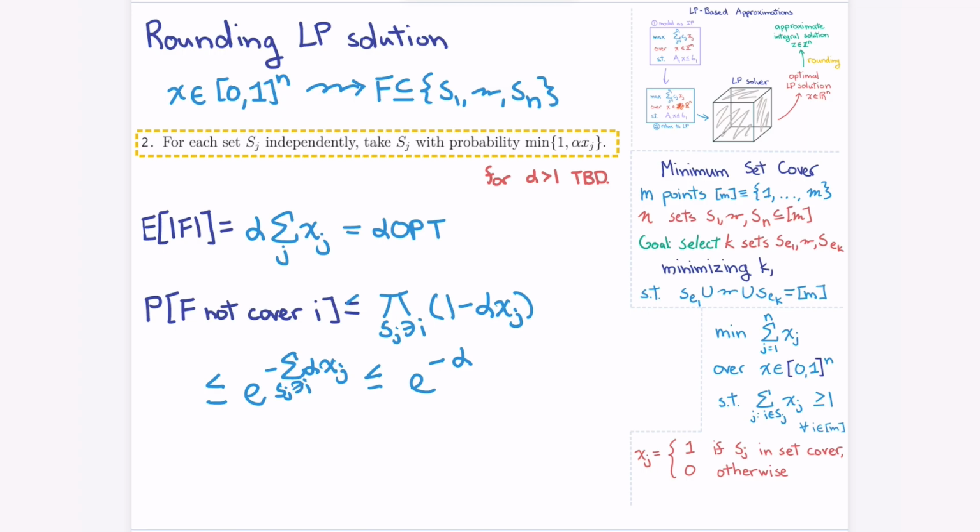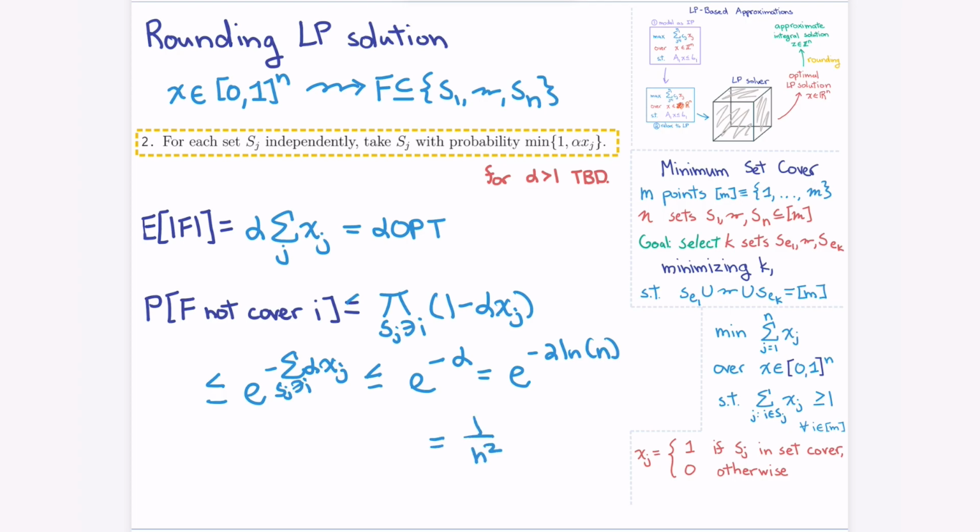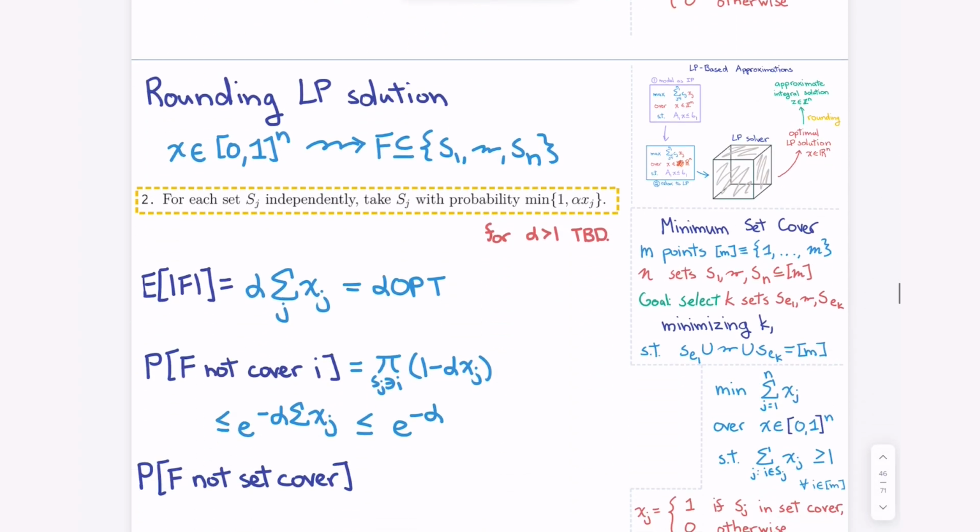Okay. So what would be a good value of alpha? Yeah, not log n squared though. If I did log n squared, well, that would be very strong. I would get n to the minus 2 log n. Oh, okay, I got it. Something like 1 over n squared. Okay. And then,